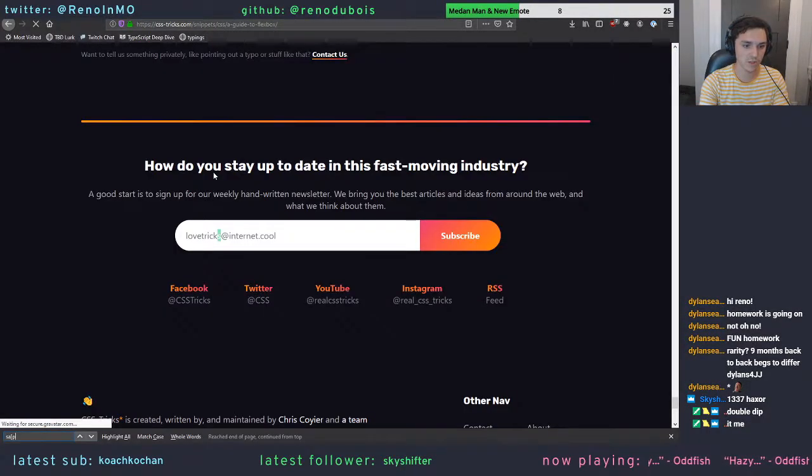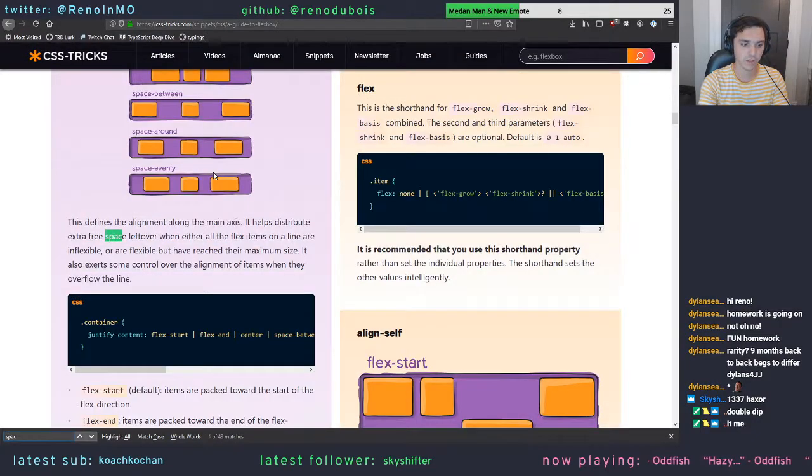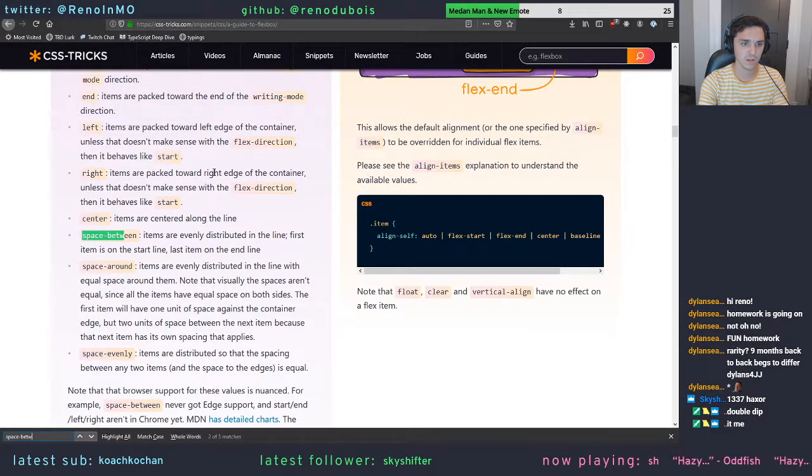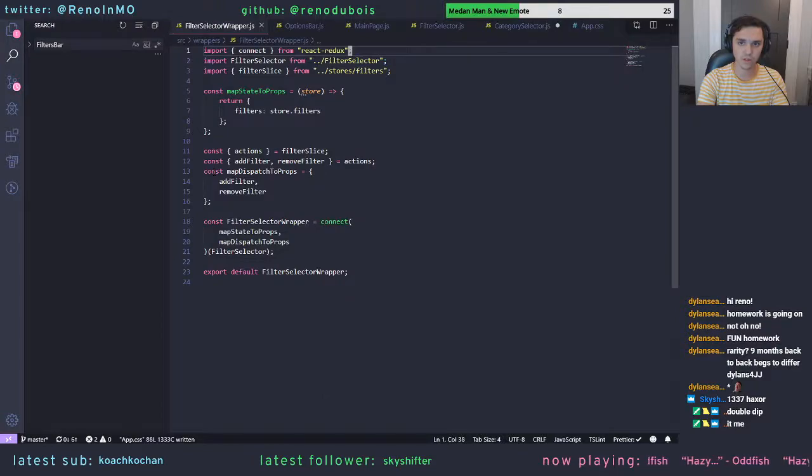It's called space between. Oh, I can't type. Is it justify content space between? Justify content space between. So this will make it to where it'll push the two to the edge and it'll put space in between them whenever it renders. So if I save all this,